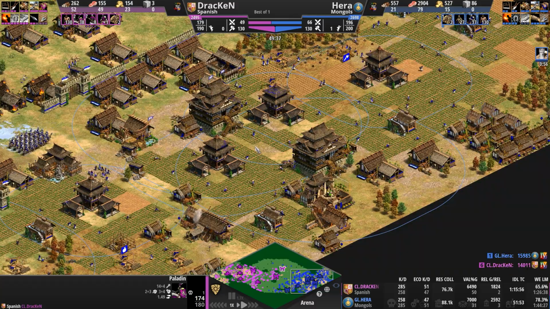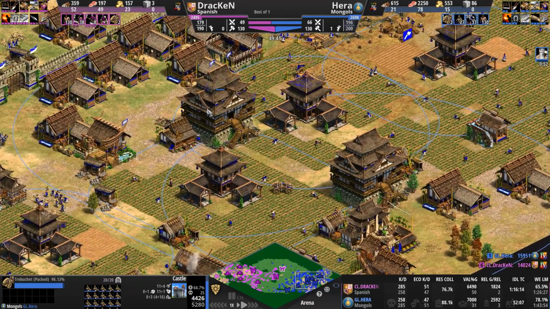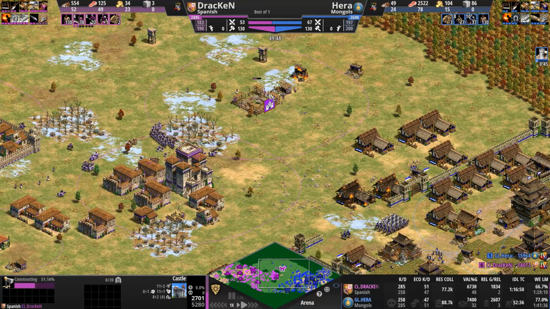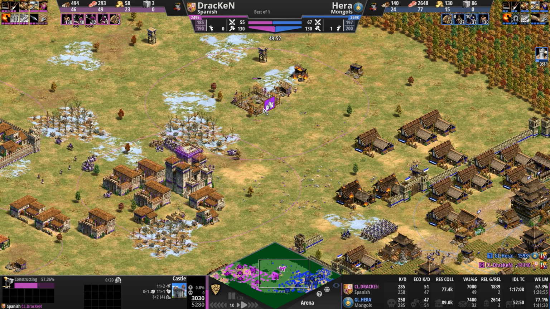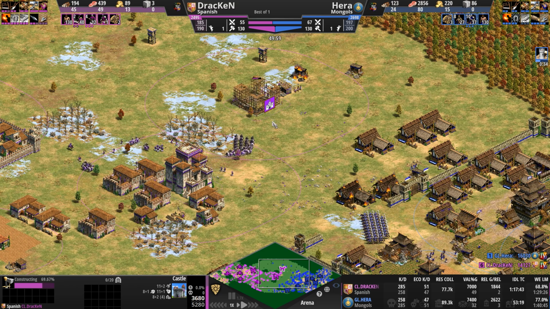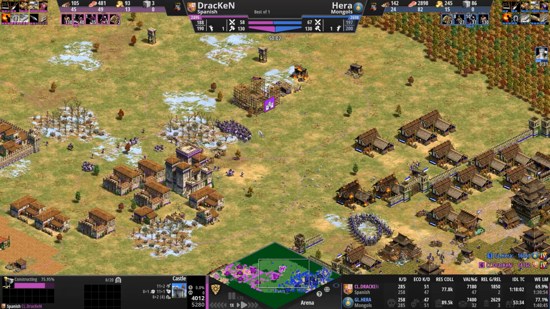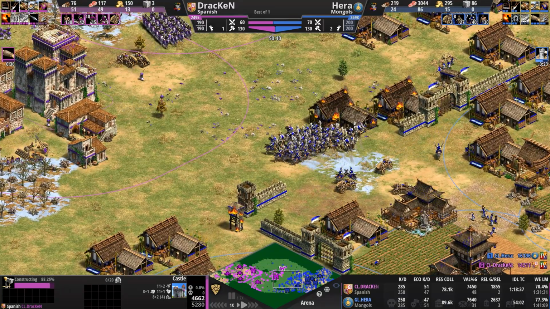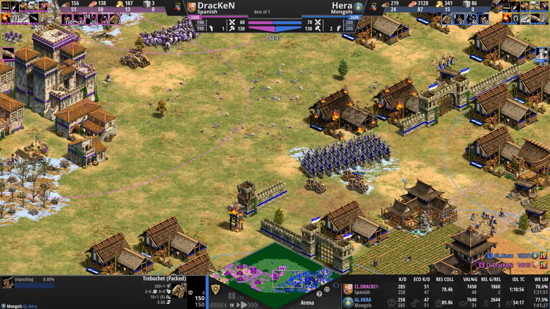By the way, where the hell are the Mangudai? They're healing up in here. Tell me you got a herbal medicine. And look at this, our Spaniard is laying claim to this gold now. Do the Mongols have herbal medicine? I think they do. Hera, flowing like water, 2 fresh trebs. Where's the third? There he is. It was behind the